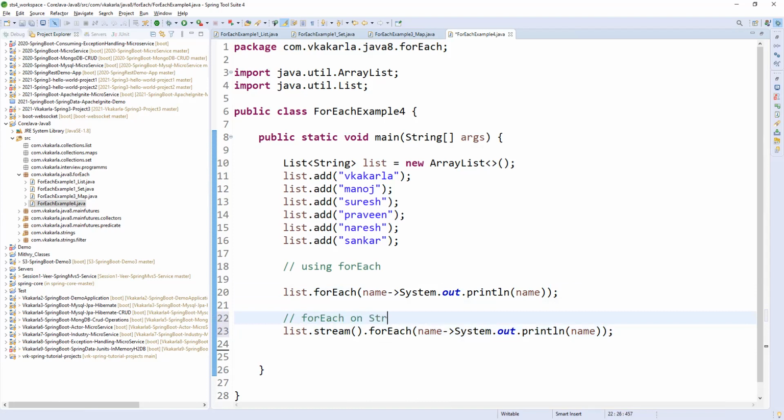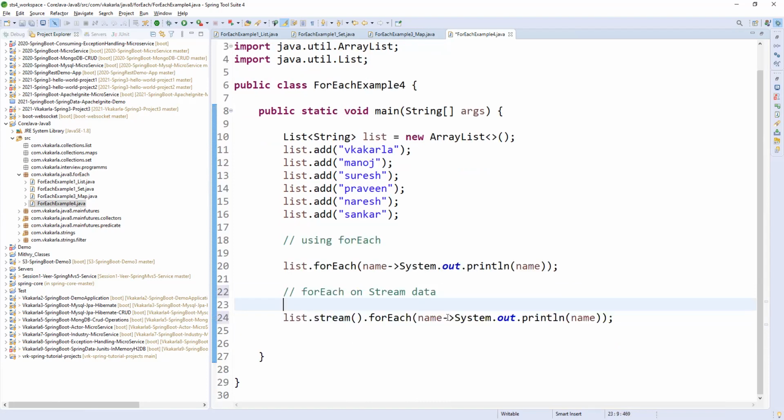Just see, stream data, nothing will come by itself. Using collection data only, we need to convert, that is, creating a stream from the list of data. Stream is also a type of collection data, but in the form of a stream. This is the list collection form, and this is the stream data form.